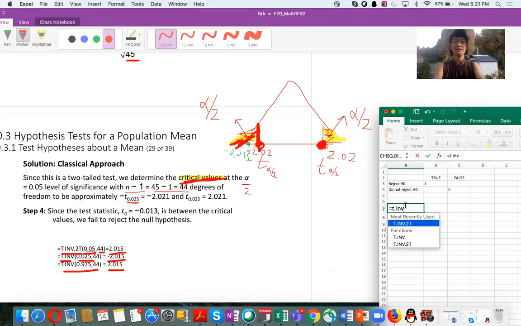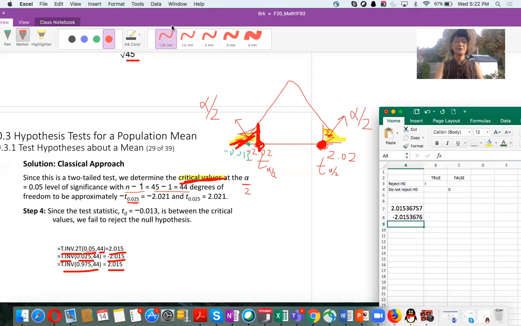One, t.inv.2t. Probability 0.05, degree of freedom 44, and you get 2.02. This is one way. And the other way, t.inv. Use half alpha, 0.025, degree of freedom 44. You get negative, which is this value here. And the last one, you use